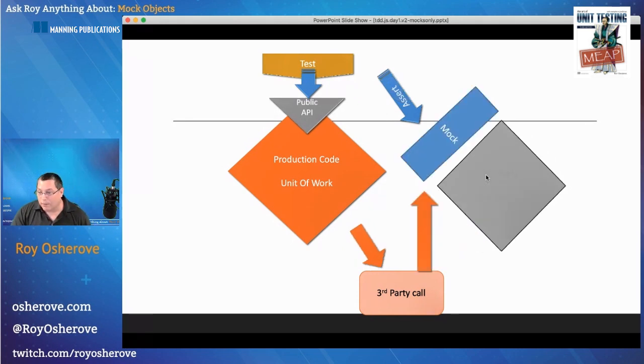Okay, so that's where mock objects come in. So a mock object comes in so that before I actually invoke the public API, I replace the third-party dependency of my unit of work with my mock object. It looks the same. If I were working in C#, it would be having the same interface, etc. If I'm working in TypeScript, it's the same way. If I'm working in JavaScript, it's just a function in memory, so it's very, very easy. But basically, I'm replacing the real thing with a fake thing.